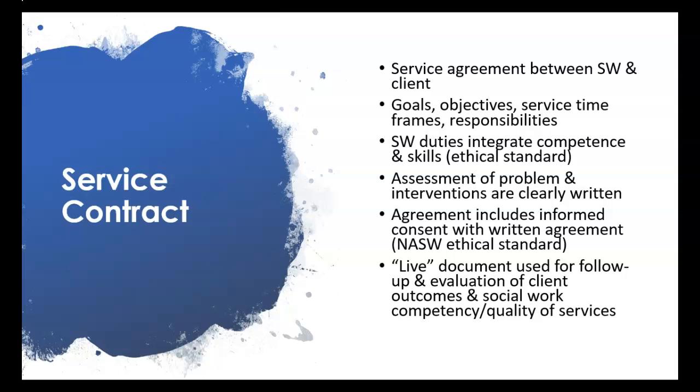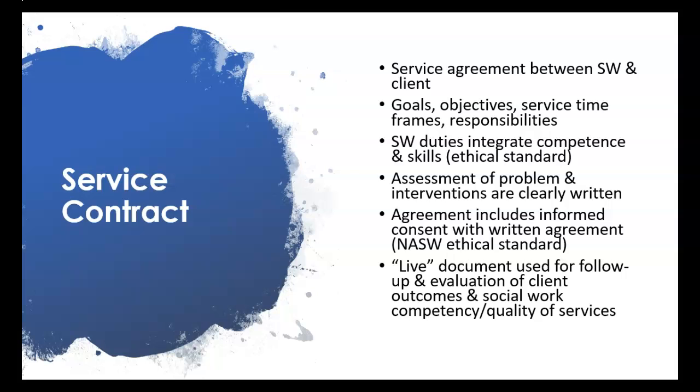And so the key here is to make sure when you're outlining your responsibilities that you have the competency, the skills, and the knowledge, the education skills in order to perform the duties. That needs to be clearly outlined in the contract. Sometimes you'll see language such as a BSW social worker will do assessments, or an MSW social worker will do clinical evaluations. You'll see it listed that way.